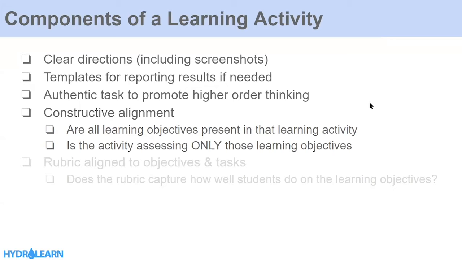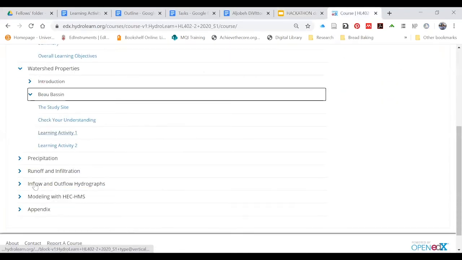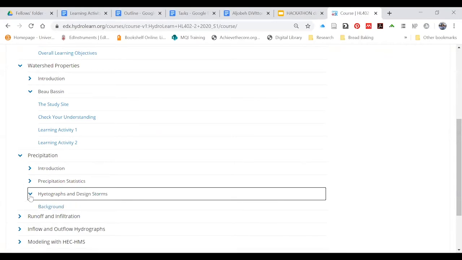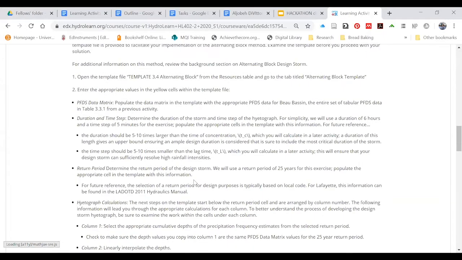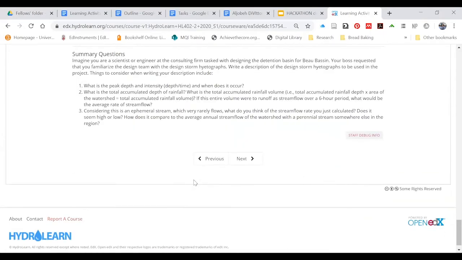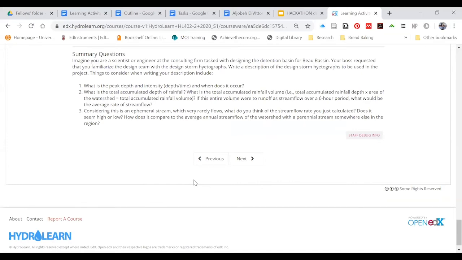As to that module created by Ahmad, I have a question. For example, I'm looking at the precipitation one, and the very last subsection is learning activity. There's some summary question, so that helps students to answer some questions, so they can include in their description, and the description is something they are supposed to turn in. Actually, I don't see where to submit that description. Is that something students need to email, or is it some other action?